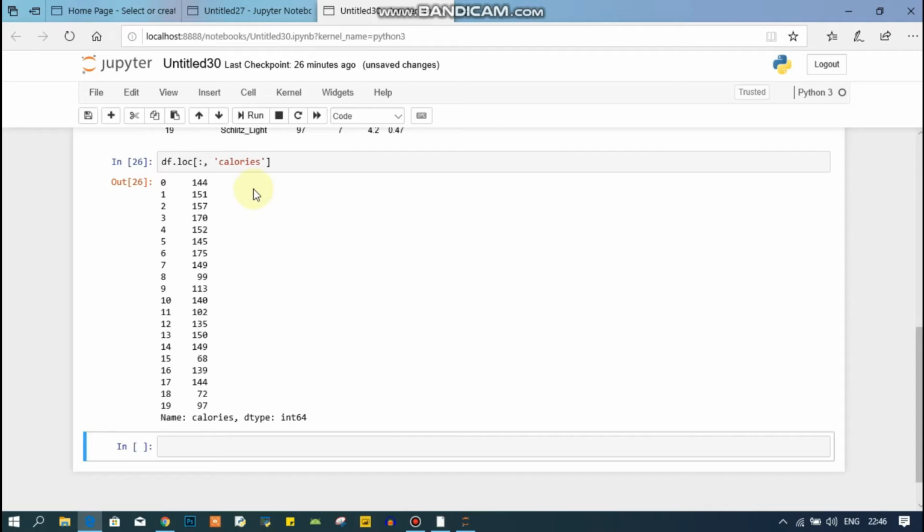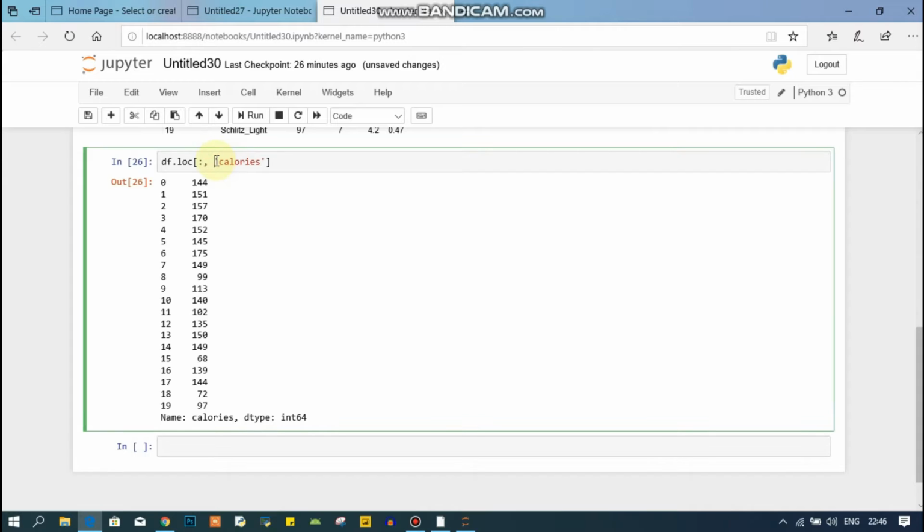Now what if I want to retrieve multiple columns? So for retrieving multiple columns, I will just pass them inside a list. I'm going to pass this calories inside a list. Okay, and I'm going to remove this. So for retrieving multiple columns, I need to pass the column names inside the list.